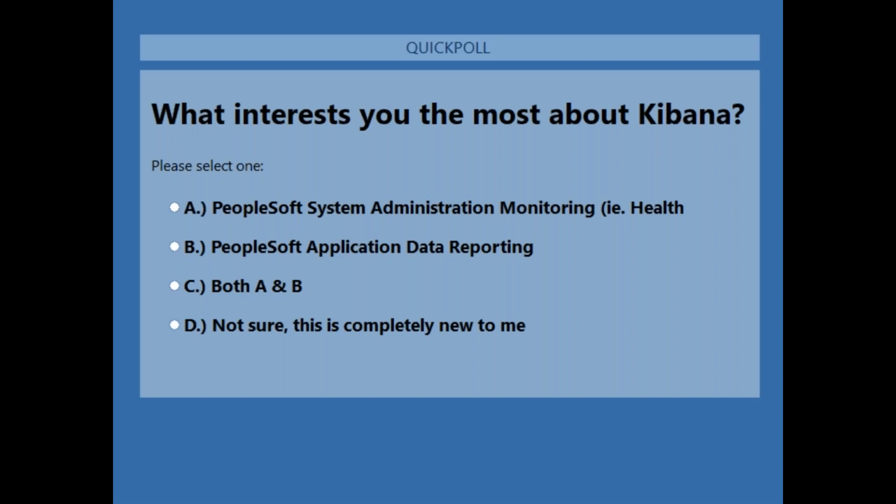Okay, so the next question in the poll is, what interests you most about Kibana? So, is this for system administration, the health center dashboard that Oracle delivered in 857 and has continued to enhance in 858, or is it the application data that's available in 858, or is it both, B and C, or you're really new to Kibana and you just want to learn a little bit more?